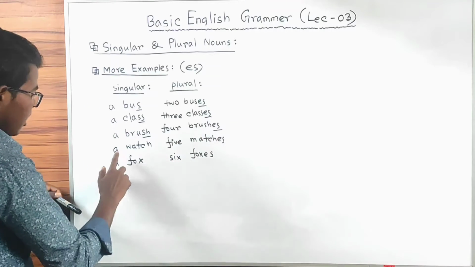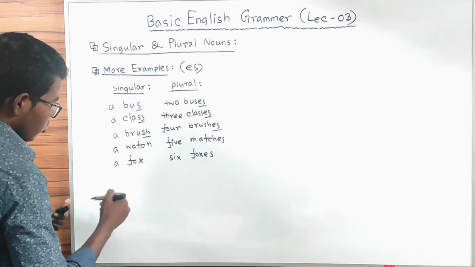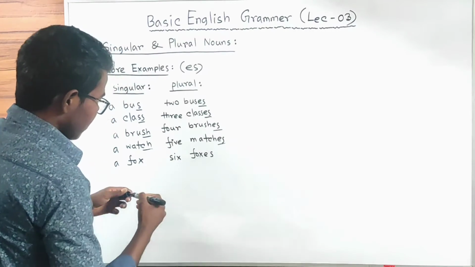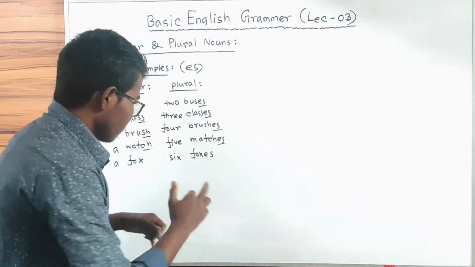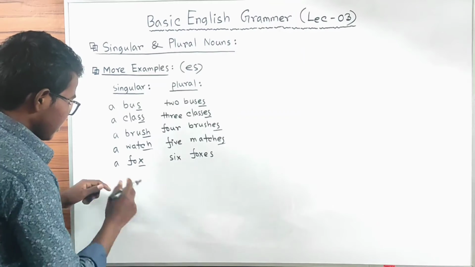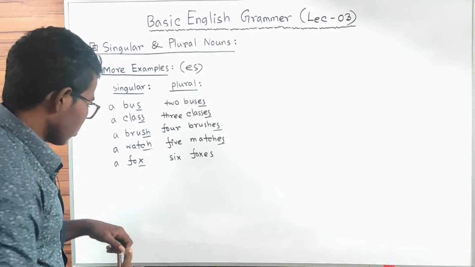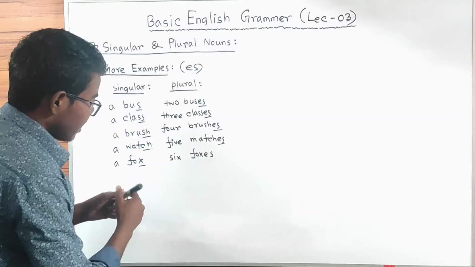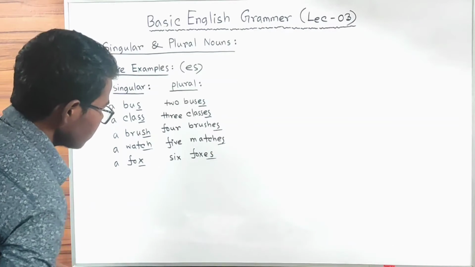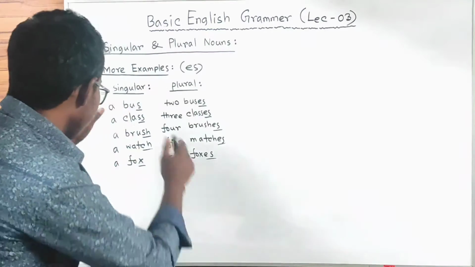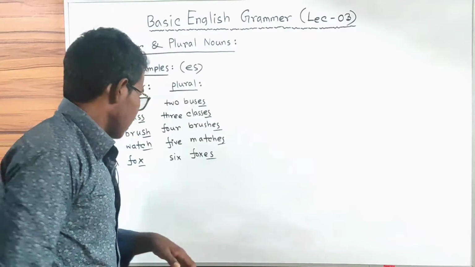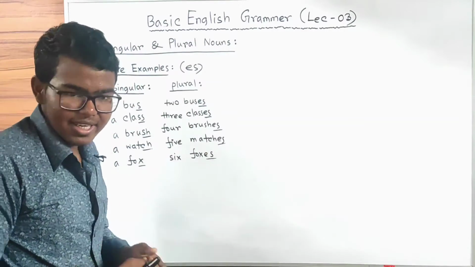es at the end. A watch, single watch, we have ch at the end and we put es to make it plural. Five matches, a fox, we have x at the end. A fox means one single fox, singular, and we add es to make it plural. Six foxes. I want you to look at these underlines carefully,